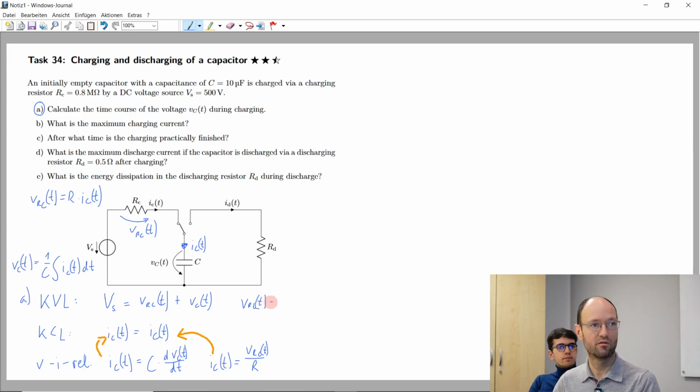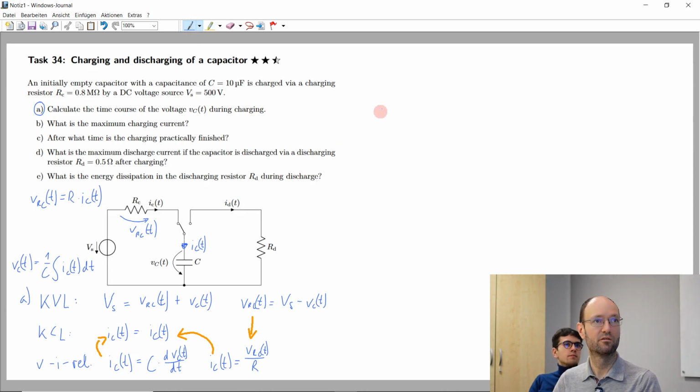V_R is the same as the source voltage minus the voltage drop across the capacitor. And so if we take this and insert this there,